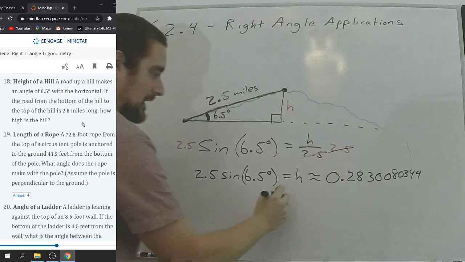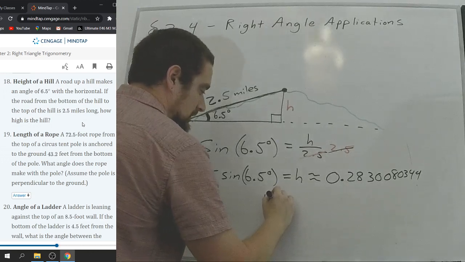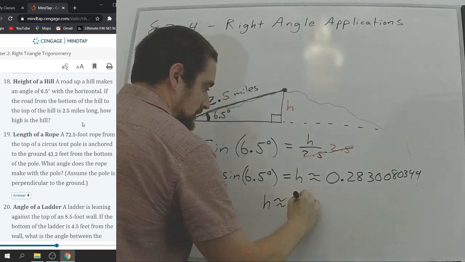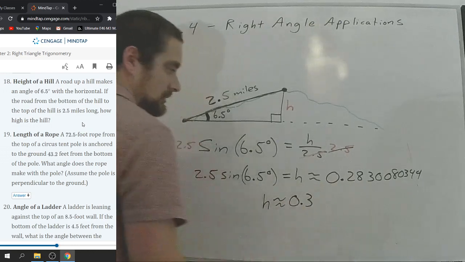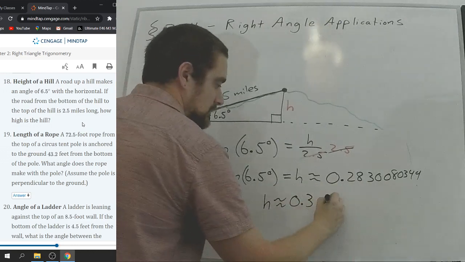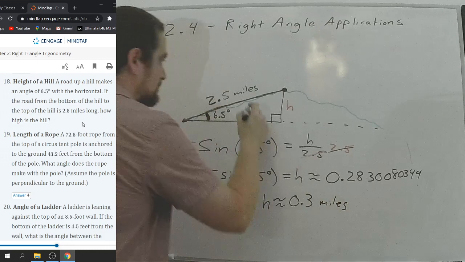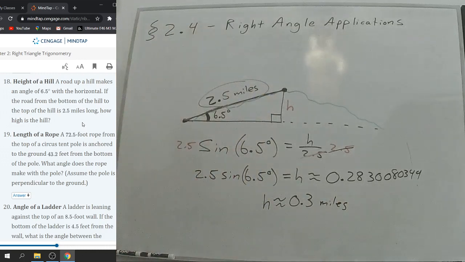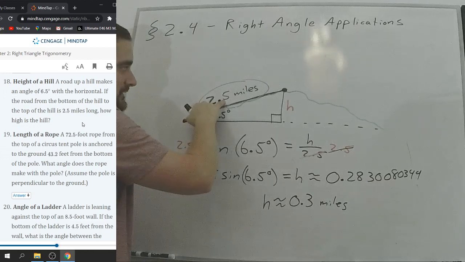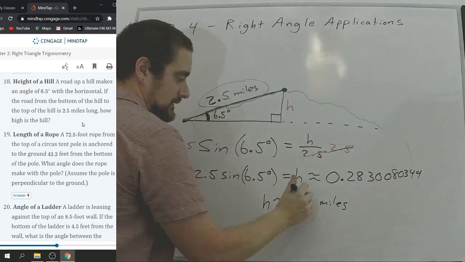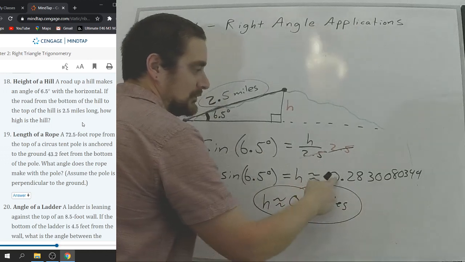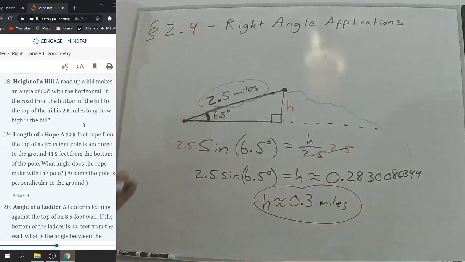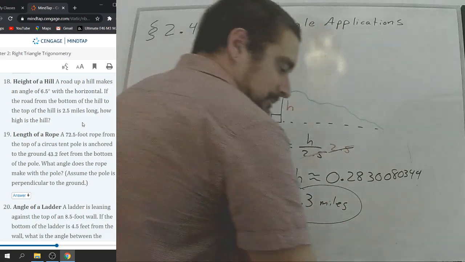I would say h is approximately 0.3 miles, since that's the unit we're talking about. That is probably the best answer we could come up with. It really does keep the same level of accuracy as far as going to the 10th place. If you said 0.28, that would be something that you could debate over